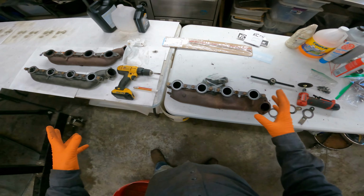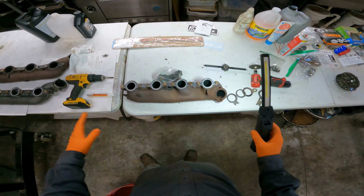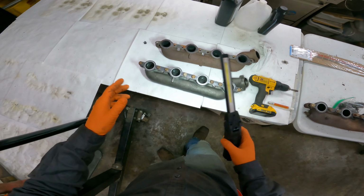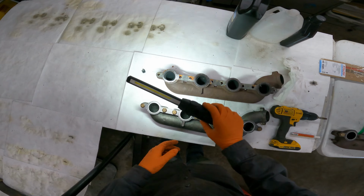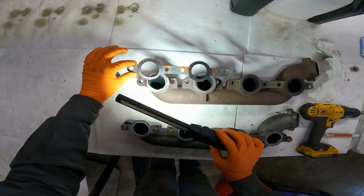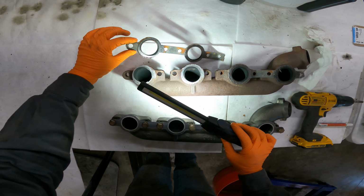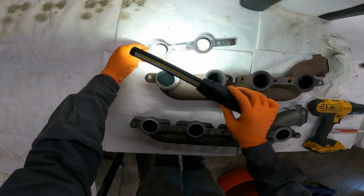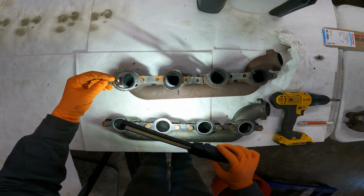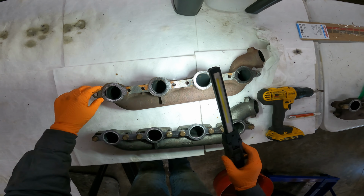This took a combination of tactics to get everything good enough. But we are, in fact, good enough. We'll start over here with the replacement one. As y'all can see by this one, and we done went over this, port alignment was terrible. You can tell by the soot ring there and the soot ring there just how far off this was. I mean, look at that. It was almost burnt outside of the gasket. And there's nothing I could do about it with the alignment hole being non-adjusted